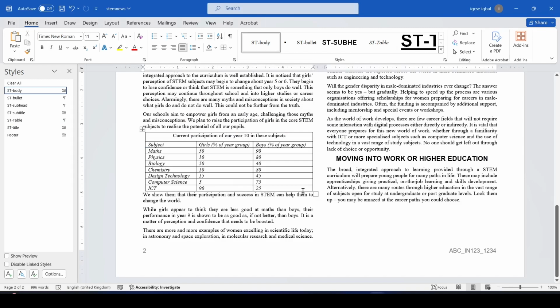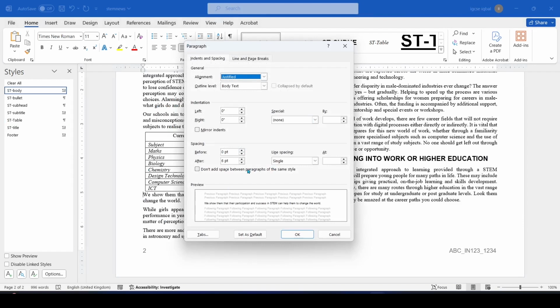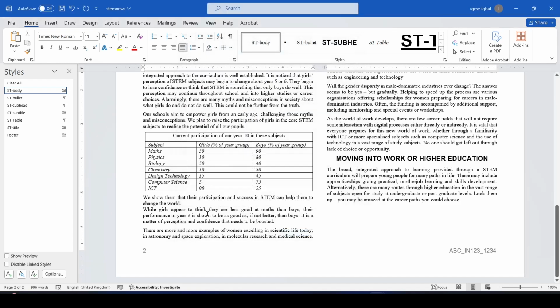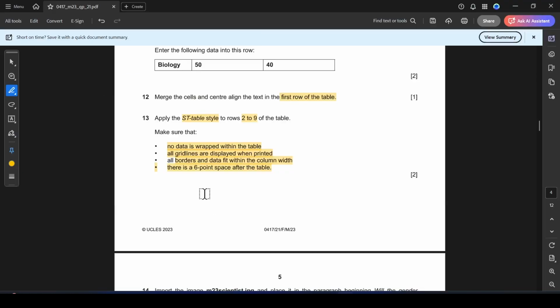Okay, so now here paragraph. Okay, so here just 6-point difference, 0, and then okay, so yes, we got 6-point difference. Yeah, next,